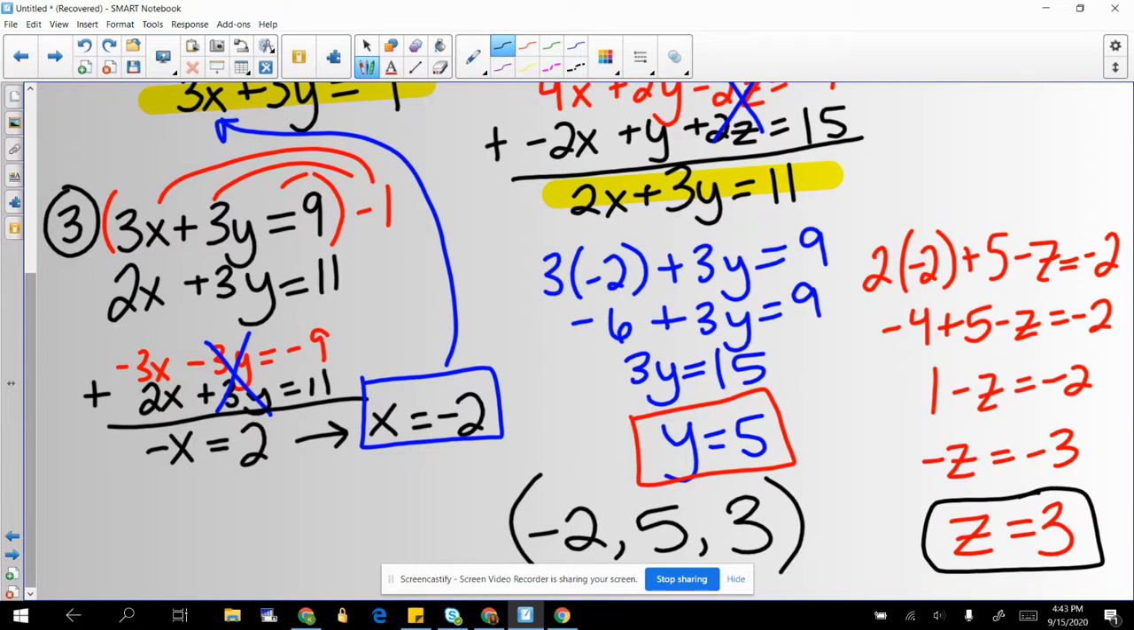Cool. So that's pretty much it. Both of these methods, substitution and elimination, are a little longer, but we will show you a way to do it on the calculator tomorrow